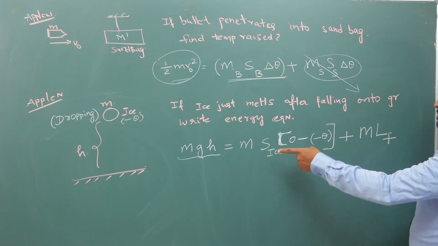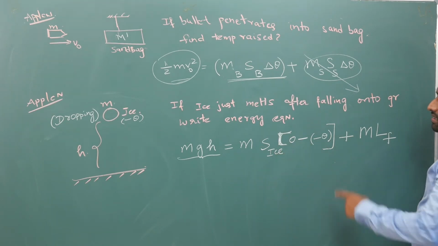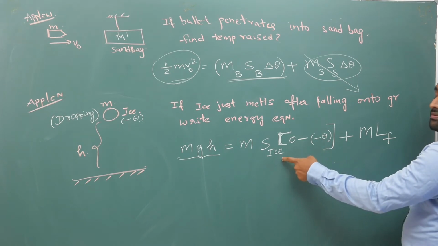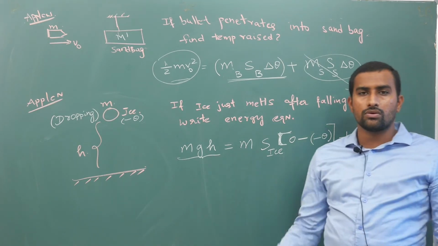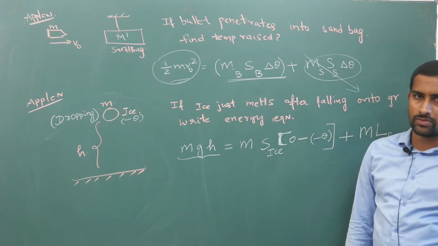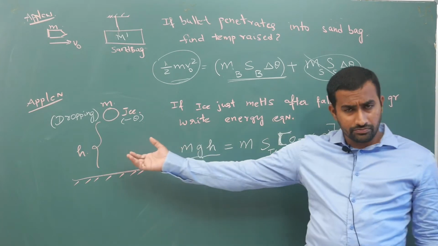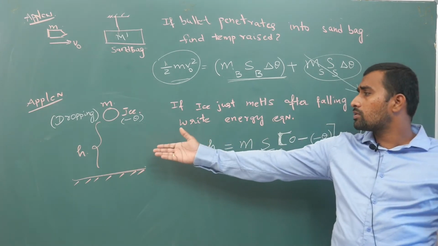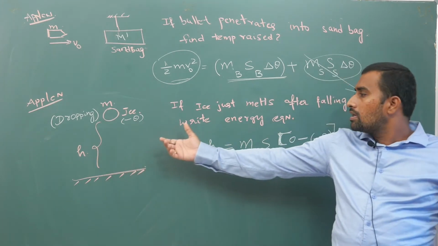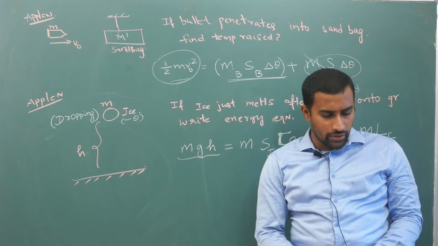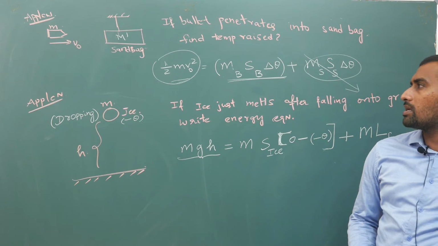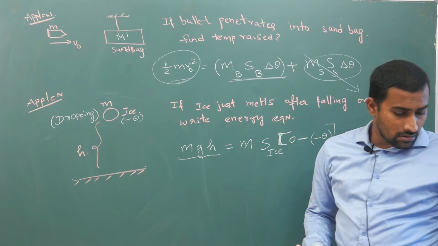So that mass will anyhow cancel off, the theta temperature is known, specific heat of ice is half calorie per gram, latent heat of fusion is 80 calorie per gram. If height is given, you can substitute the values and get the answer. I have just taken random values that came to my mind, but you will have perfect values in the exam, so you don't need to worry about it too much. Next,